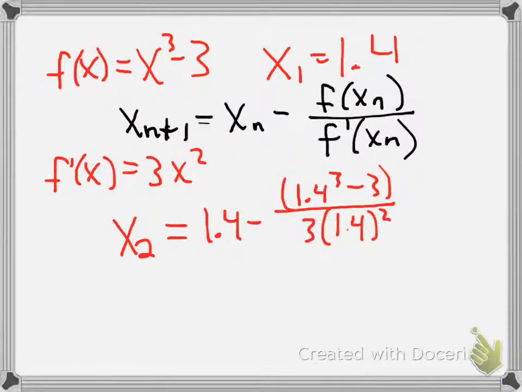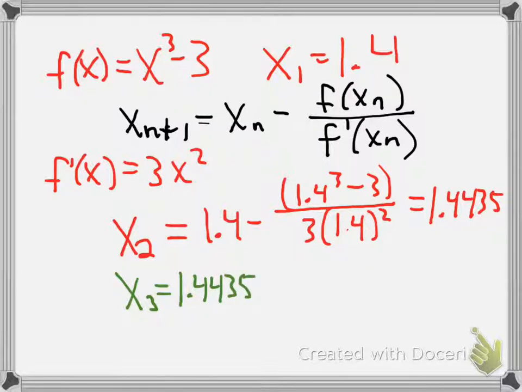Now, out of my calculator, I've already got that number, and that number is 1.4435. So we've done one iteration of Newton's method. We've gotten closer than our original guess to the 0. So what we're going to do now to generate x sub 3, which will be our second iteration, is use that 1.4435 as my x sub n